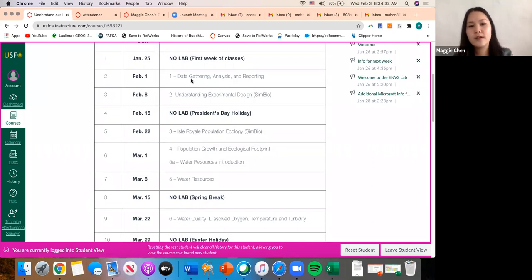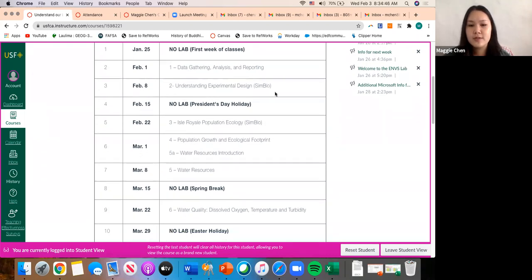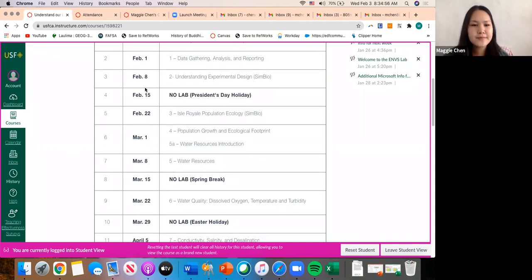So later on, after I go over the course setup on Canvas, there's going to be a PowerPoint that I'm going over, and then an exercise in Excel. Next week for lab 2, we're doing understanding experimental design through SimBio. So it's basically setting up a lab procedure. What does that look like? How do we adjust variables? What do they mean? On the week of February 15th, we're not going to have lab because there's President's Day